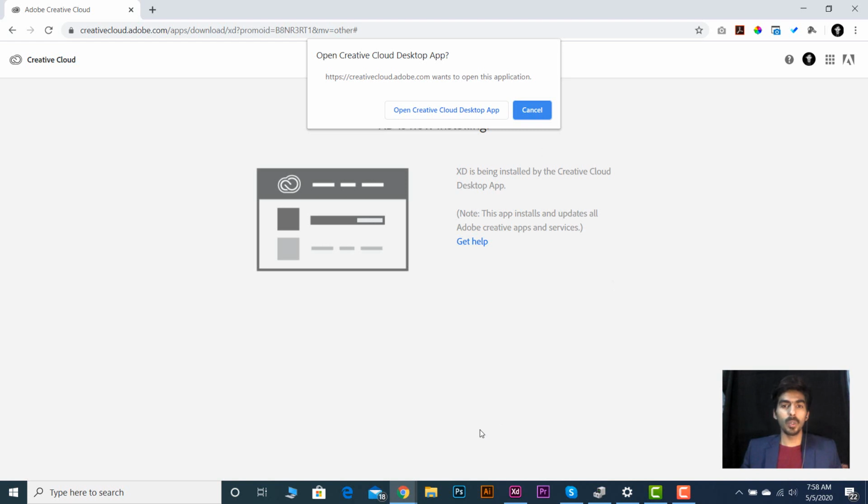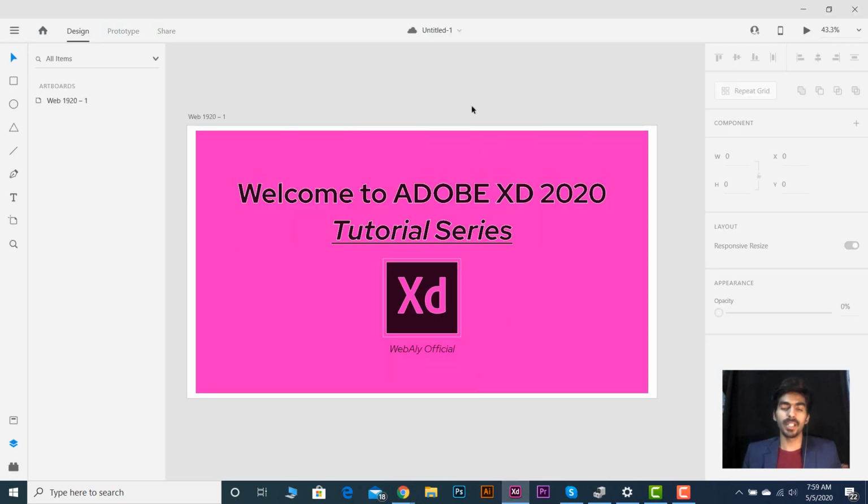Thirdly, I will let you know the system requirements to install Adobe XD on your system. Firstly, you need to have the Windows Fall Creators Update, and secondly, your system must be 64-bit, and the version of your Windows must be 1709 or above. So this is the introduction of Adobe XD. I will let you know about Adobe XD and its tips and tricks one by one, in detail, in my tutorial series.